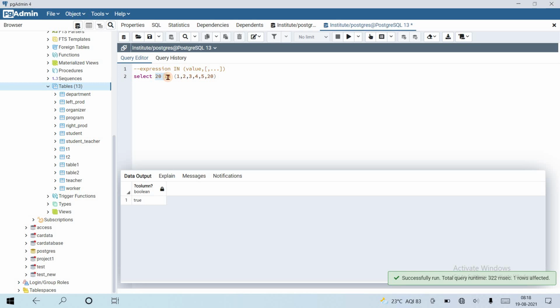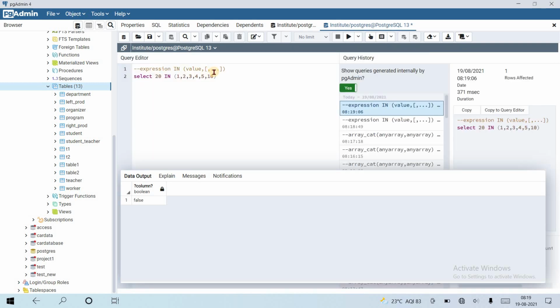So it will check whether 20 is at position 1, at position 2, at position 3, and at position 6. Yes, true. So it will return true. If I make it 10, then it will return false because 20 is not present in this. So the syntax tells us that if this expression is present in this parenthesis, then it will return true. So the right hand side is a parenthesized list of scalar expressions. This is one expression and this is multiple expressions.